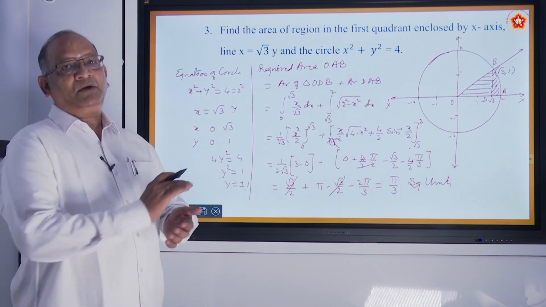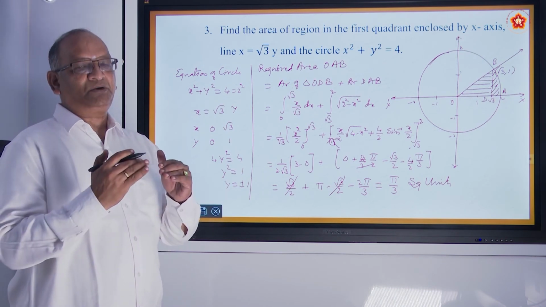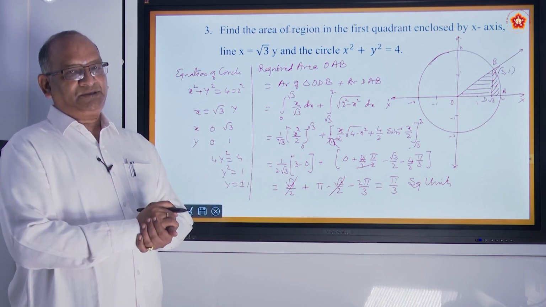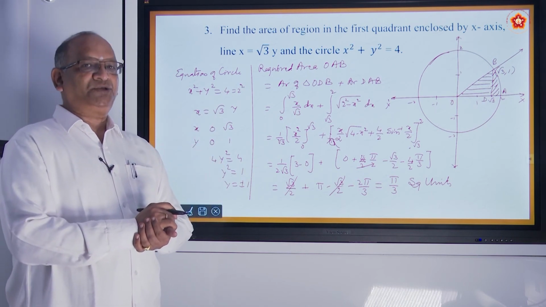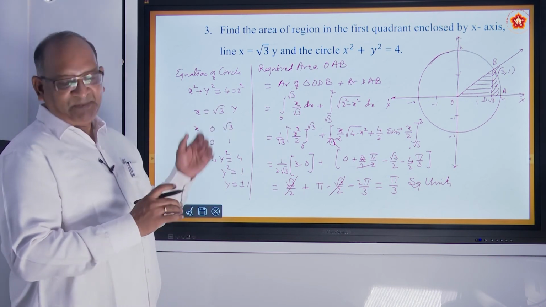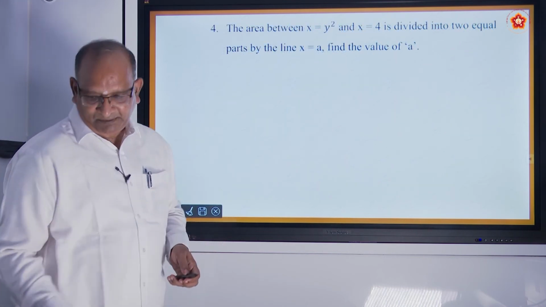So this is how we calculate the area. Means actually we are moving from very simple to little challenging problems. So in this particular problem we had two things. Till now we had only one particular curve. So in this manner we solve the problems. Let us take up this problem.